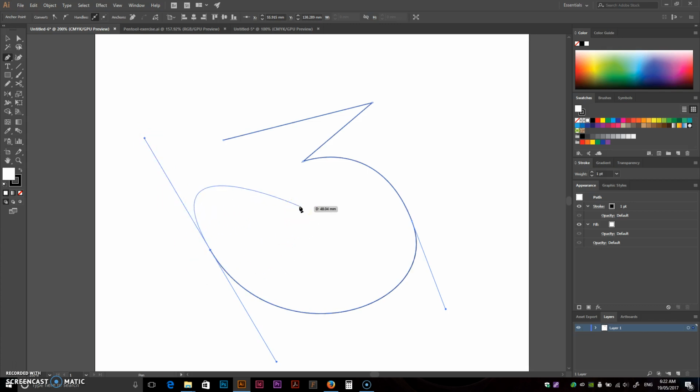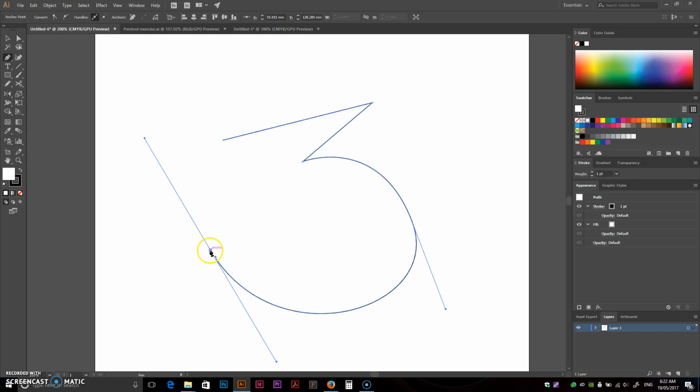Another thing you might need to do is go from a curve to a straight line. Now by default it doesn't look like you can do that. You can see because we have those two handles going through the point, the path that goes into the point and the path that's going to come out of the point, as Illustrator previews for you, must be curved. So if I want to go from here straight to here, and I don't want it to curve around like that,